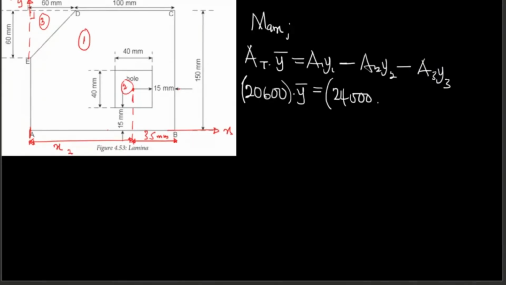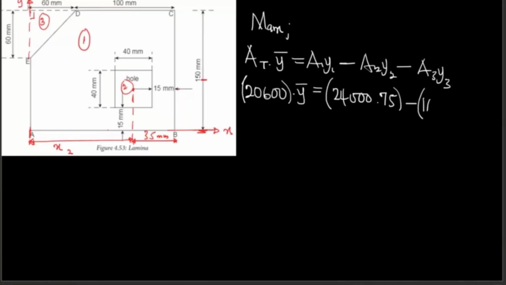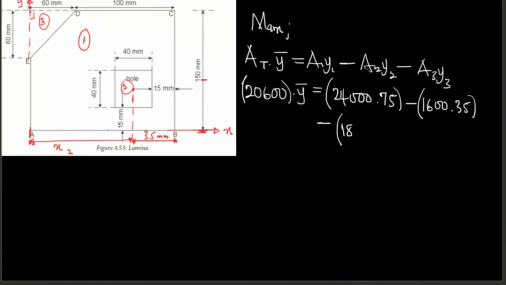You just measure from here to the center here. It's 75, minus, I'm going to be very slow there. A2 is what? 1600. 1600. Y2 is what? 35. Good. Minus my A3 is 1800